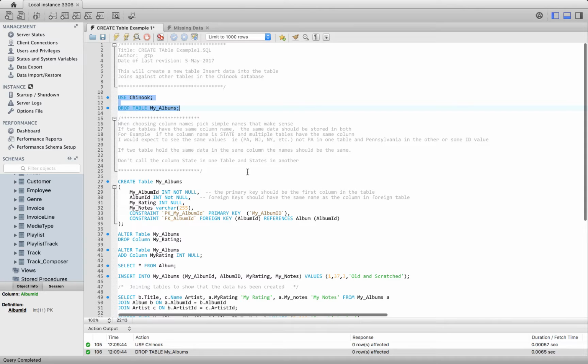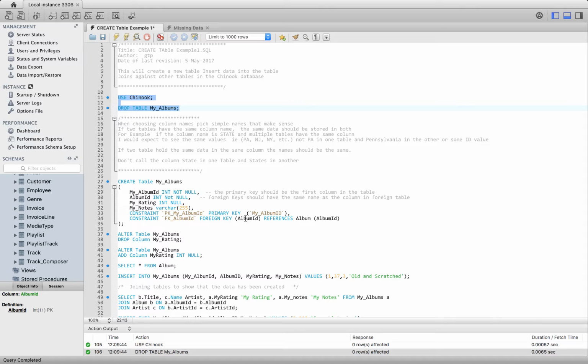Our next SQL statement is the create table statement. But before we execute this statement, let's take a look at how it's constructed. My first line says create table and my table name. After that, in the parentheses, are my list of columns that I want to create within the table. My first column is my album ID. I have it defined as an int, an integer, and not null, meaning that it will not accept any null